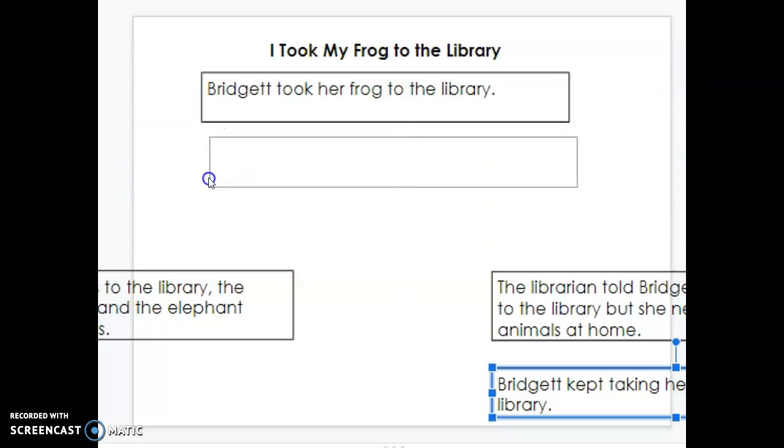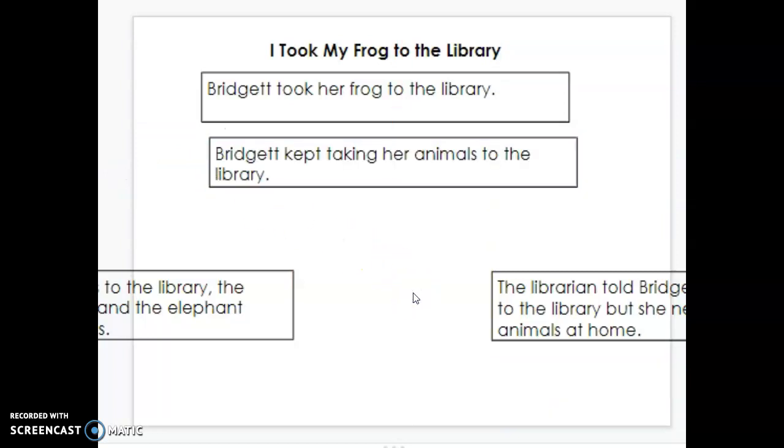Didn't want to work. Next thing she does is Bridget keeps taking her animals to the library. Remember all the different animals, and if you can picture them in your head. We don't have to say, once again, all the animals by name. We just say she keeps taking them to the library. Okay? Then the next thing,